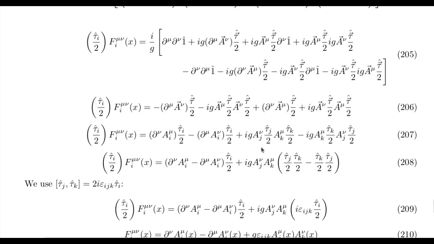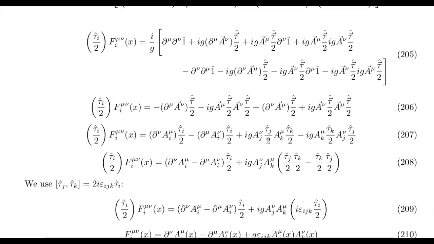Then we write the terms in another order. We write this positive term with the derivative of A first, and then we write this one. And we do the same for the other 2 terms, the positive first and the negative after the first. Then we can write in 208, we can use parentheses, we can factor out tau half, and here we can